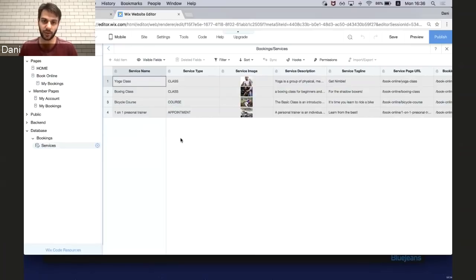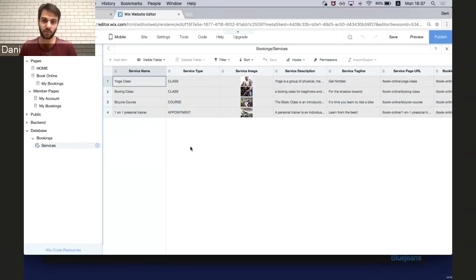Now, I want to go over a bit about the types of fields that we have here. So we have the service type, whether it's an appointment, whether it's a course or a class, and it all fits different sorts of use cases. So if you do a yoga class for multiple participants, you would generally go with class. A one-on-one trainer, or even from a different field like a barber, would usually do something like an appointment. And if you have something that is more similar to a course, where you start, for example, not knowing something and you move ahead and you finish the course and now you do know something, like a progressive sort of service, then